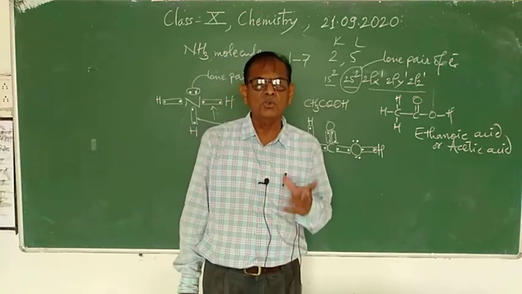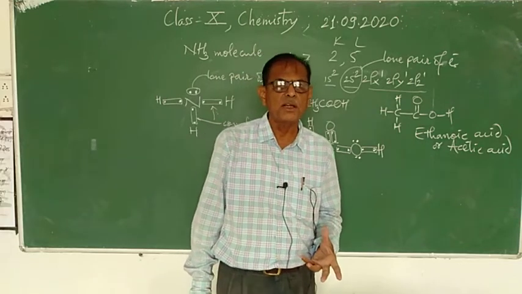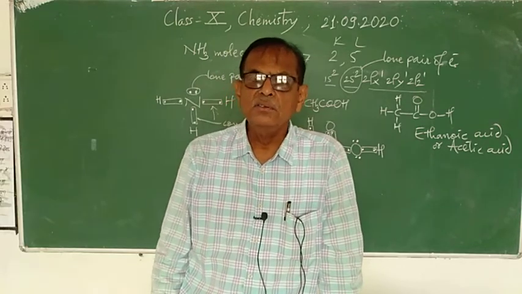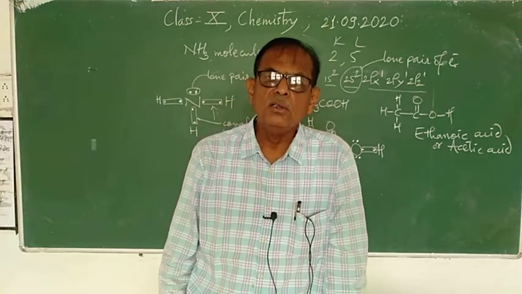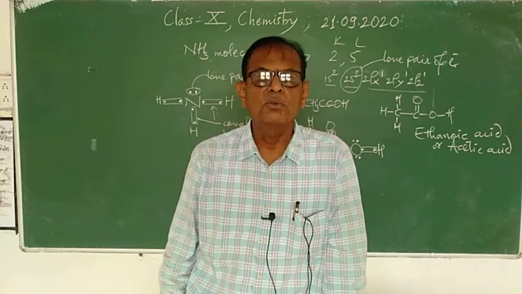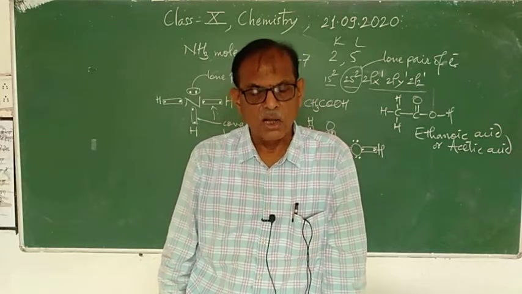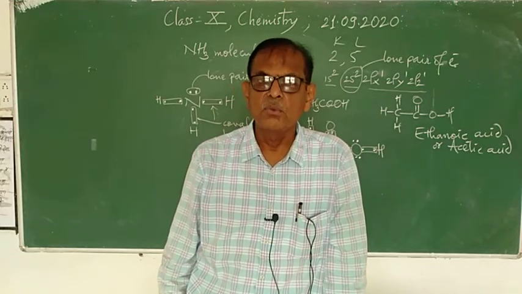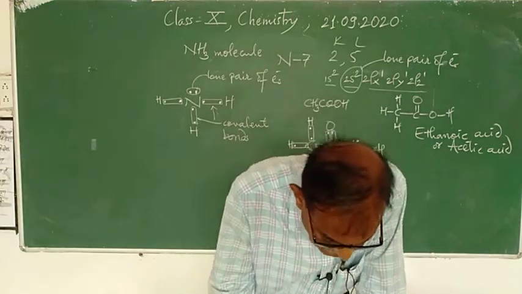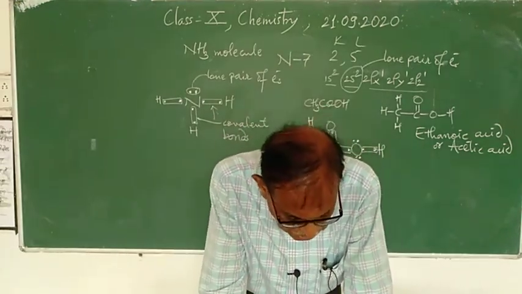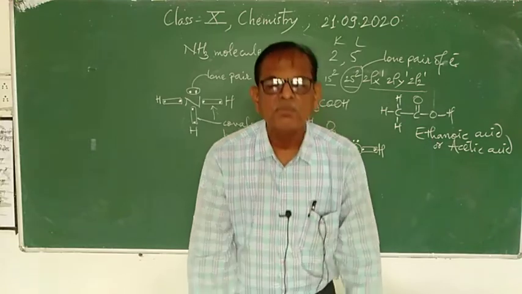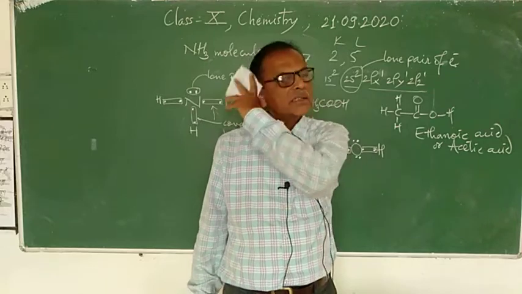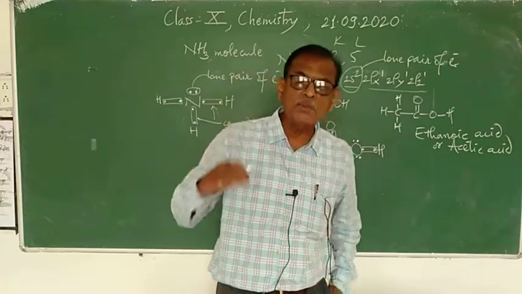Why do organic compounds, why do covalent compounds have low melting and boiling points? The covalent molecules have strong covalent bonds, but intermolecular forces of attraction are small, and therefore these molecules have low melting and boiling points. And since electrons are shared between the 2 atoms, there is no loss and gain of electrons. No charged particles are formed.